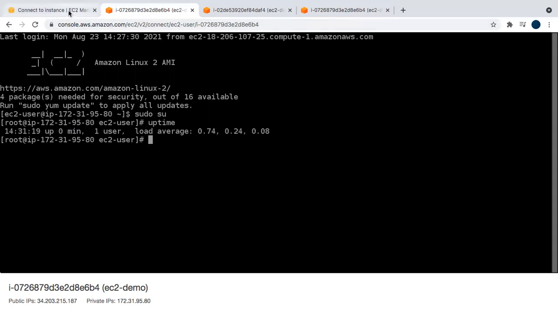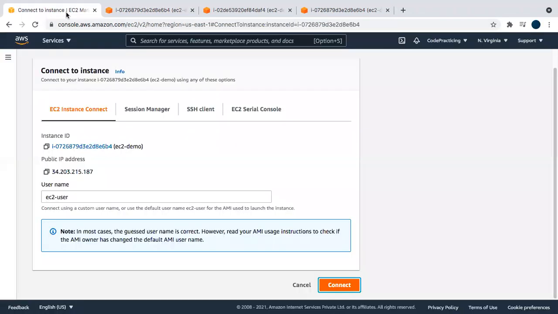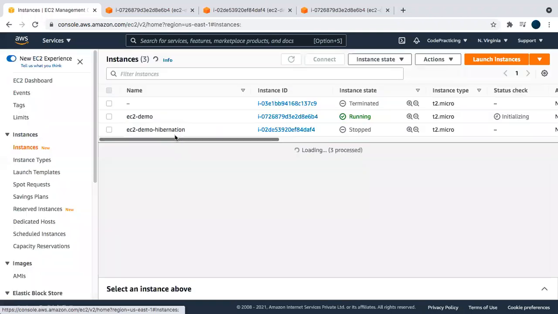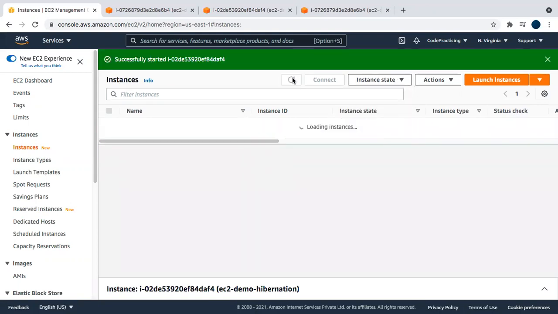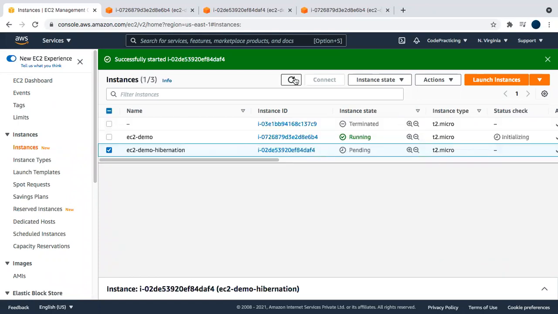Okay, now we'll start our EC2 demo hibernation instance, which we had hibernated, and check its uptime value. So select EC2 demo hibernation and start the instance. It will take less time as compared to the EC2 demo.